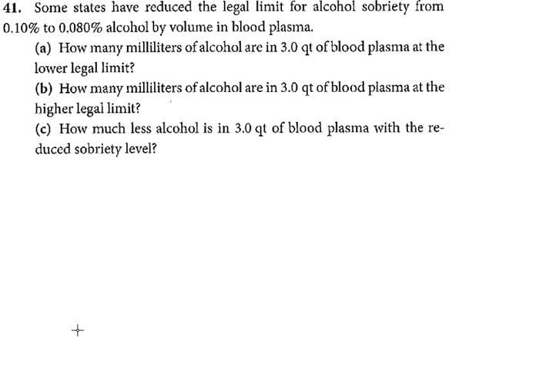Now the next part of this, we can actually use some of the information that we got from part A. Let me switch to the paintbrush here to solve part B. How many milliliters of alcohol are in 3 quarts of blood plasma at the higher legal limit? So we've already done the conversion of quarts to milliliters, and we found from the previous one we have 2,800 milliliters. I'm not going to have you do that problem again. And now we're going to multiply it by the higher limit,